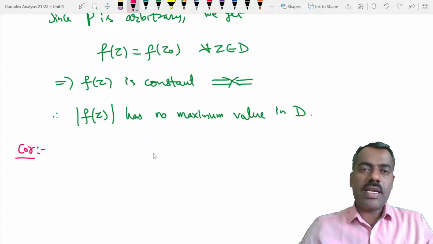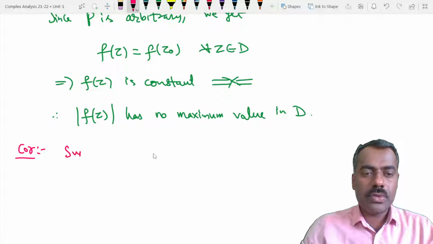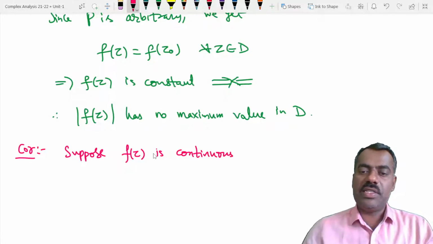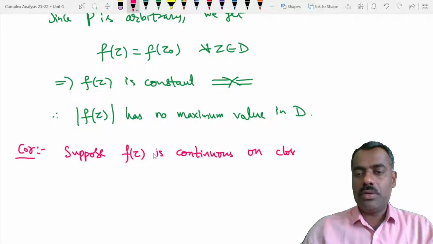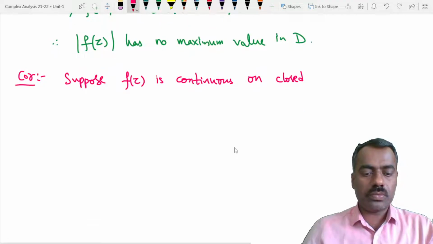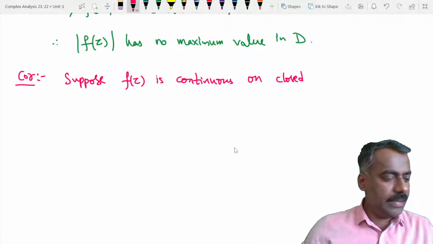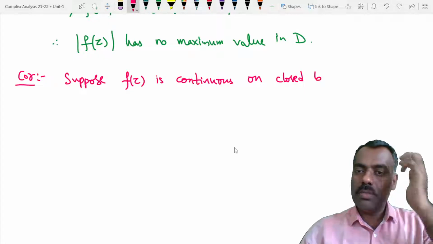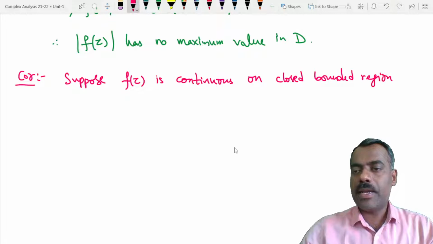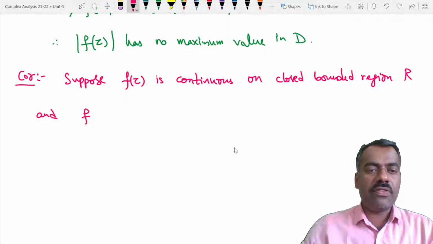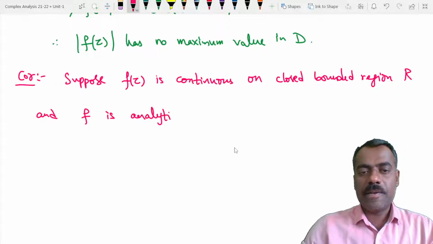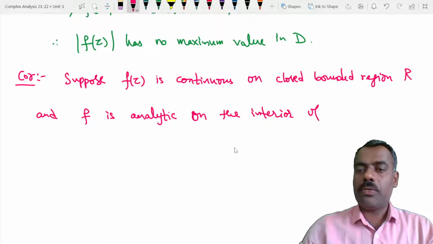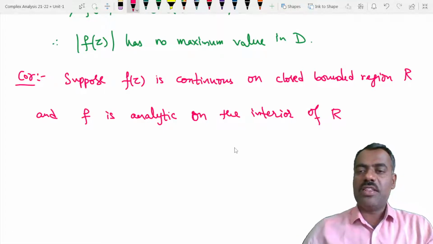We already know that if you take a closed region, suppose f of z is continuous on a closed bounded region R, and f is analytic on the interior of R, which is a domain in particular, then